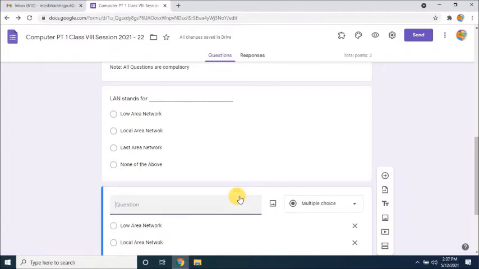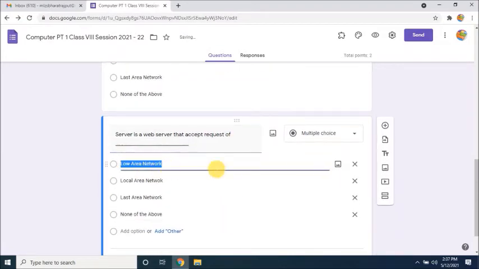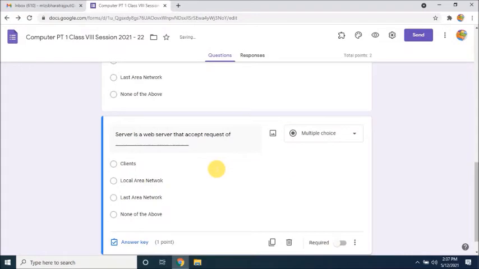You can take, suppose, server is a web server that accepts requests of, like that. Okay, put the answers like clients.